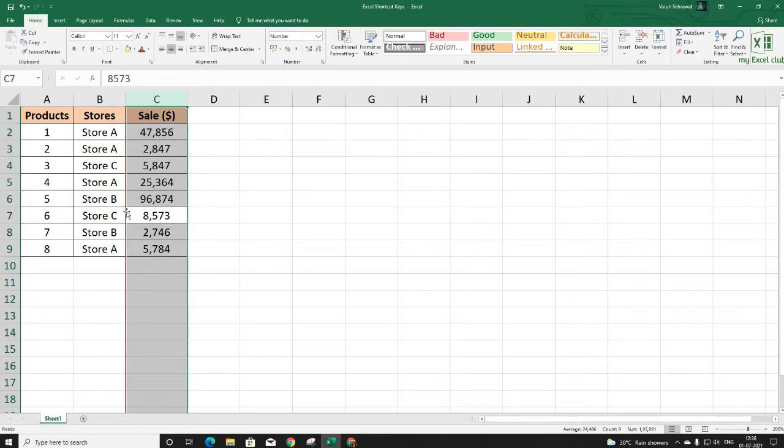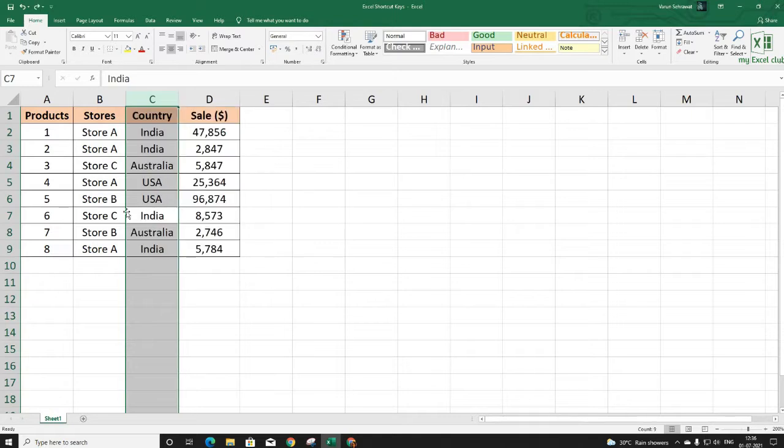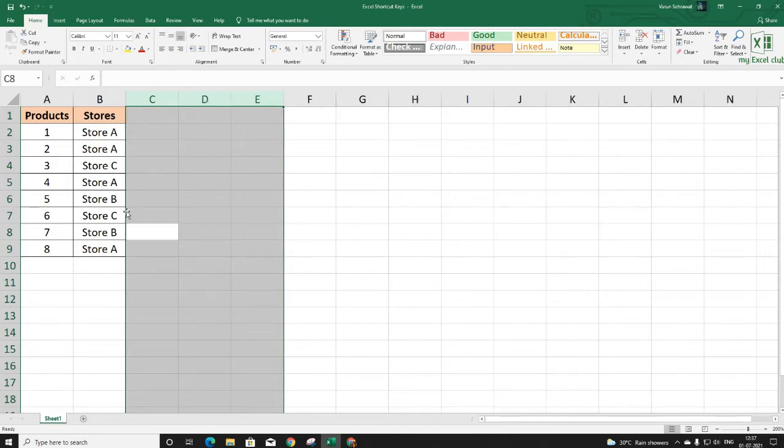Similarly, you can delete multiple columns in your data. So I'm doing Control Z to undo my last action, and then select the entire column by pressing Control and Space key from your keyboard, and then Shift and left and right arrow keys to select the columns, and then Control and minus key from your keyboard to delete those columns from your data.